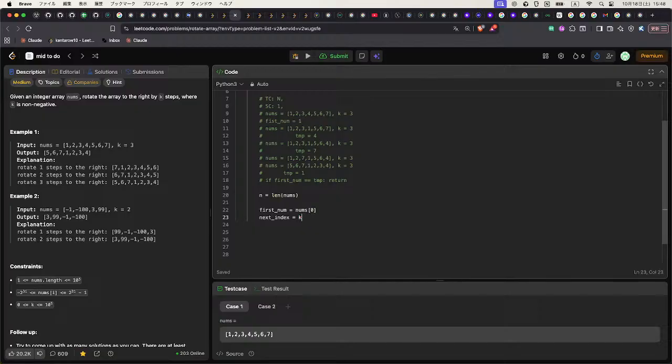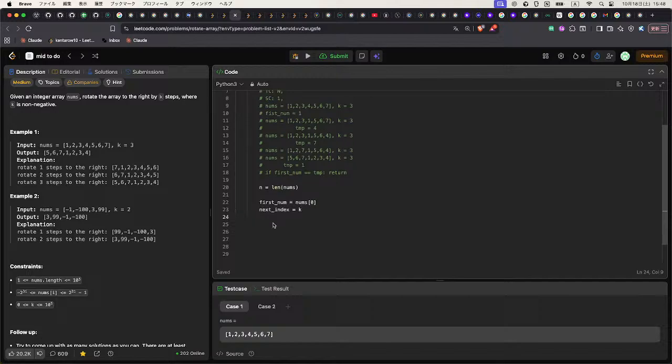So k, okay, and the temporal variable is going to be nums next index, okay,